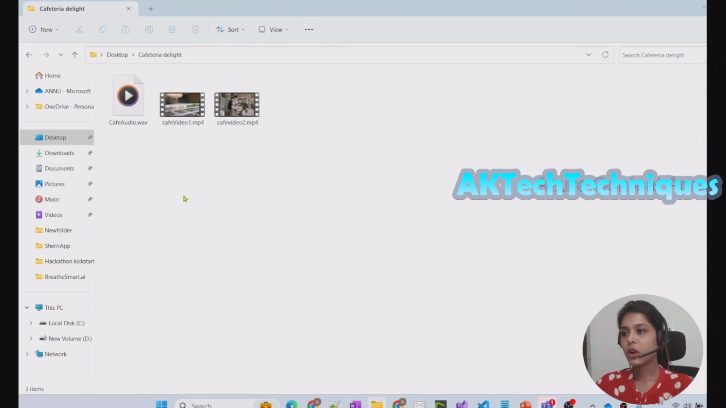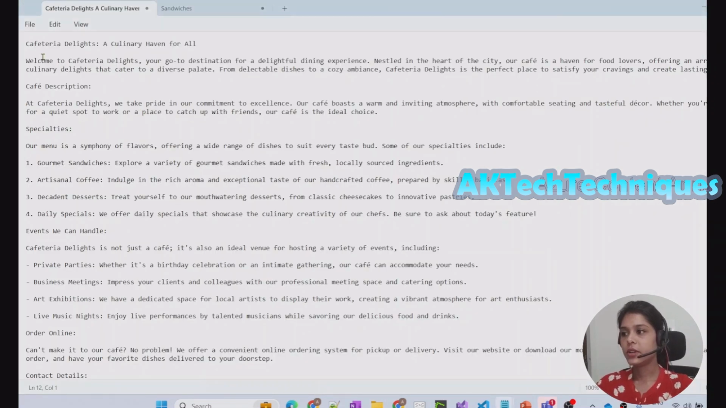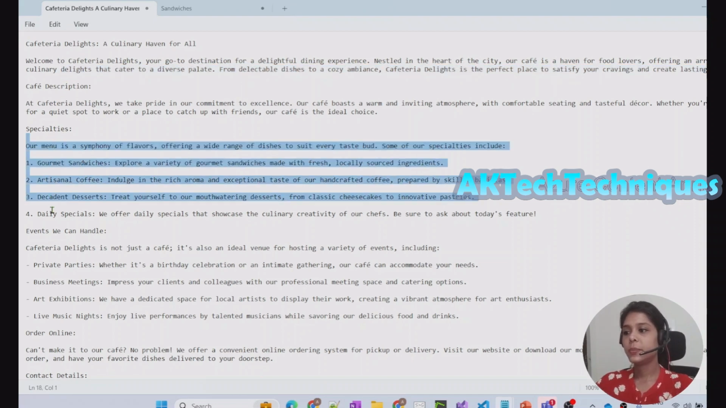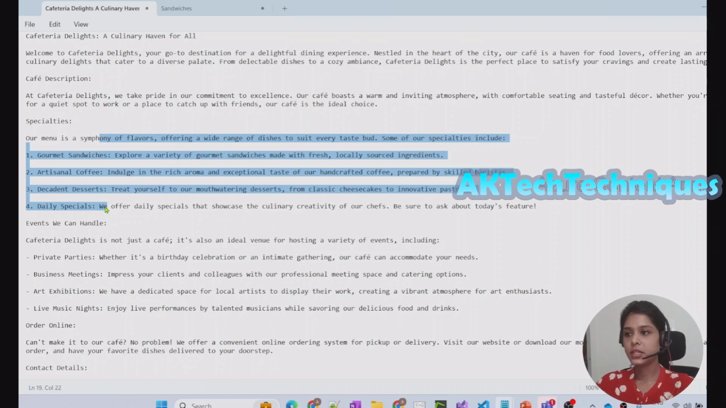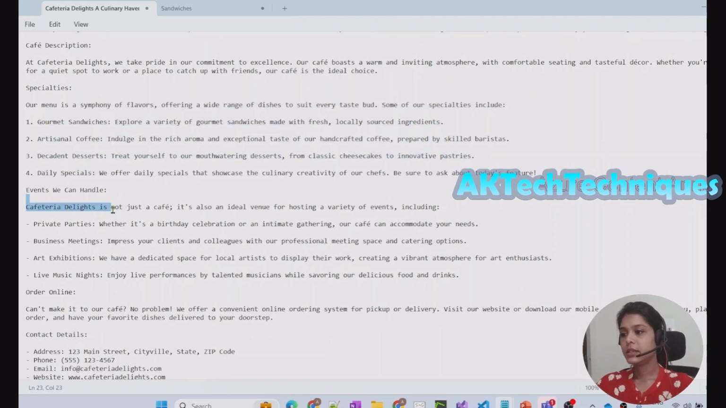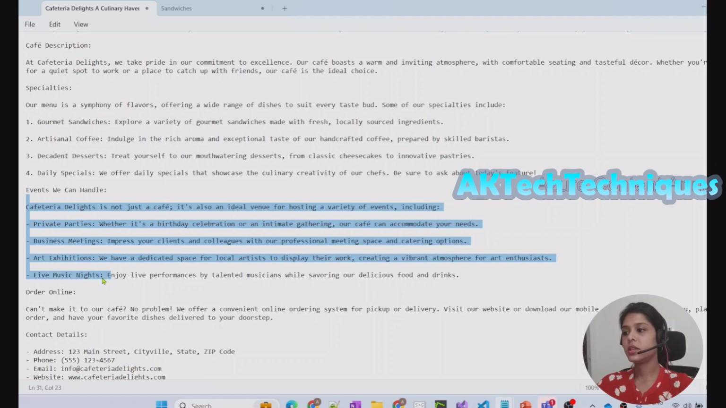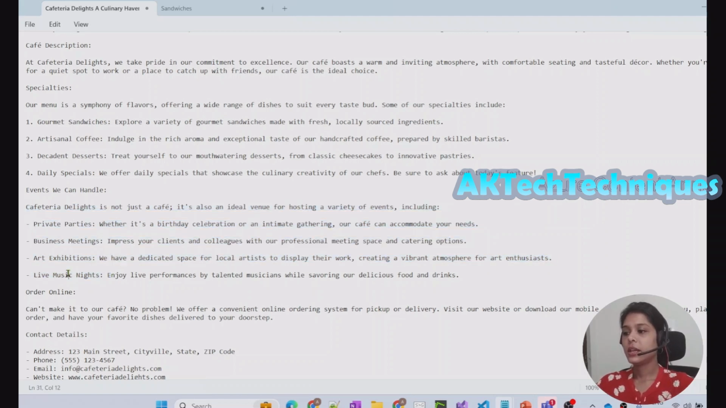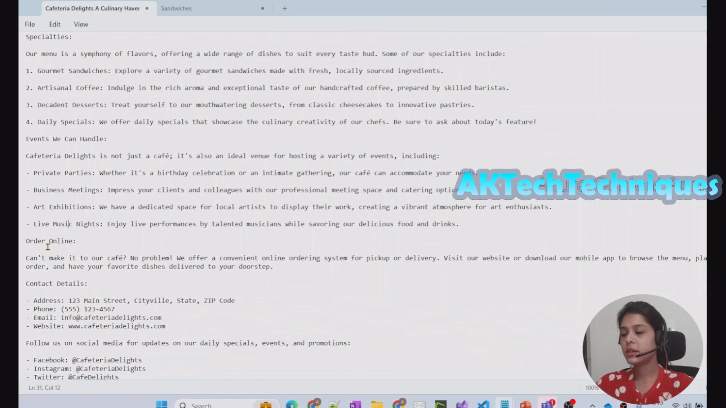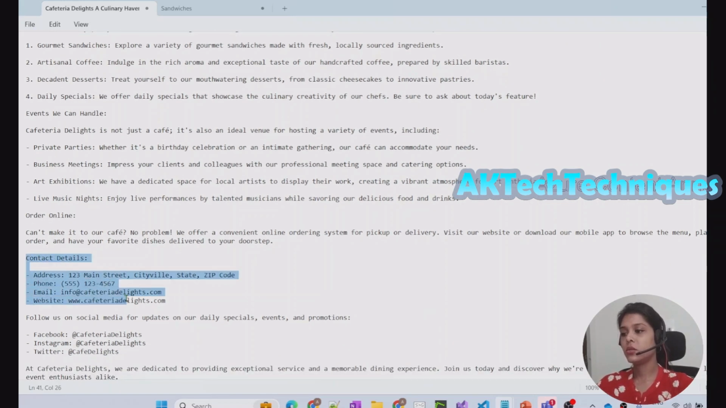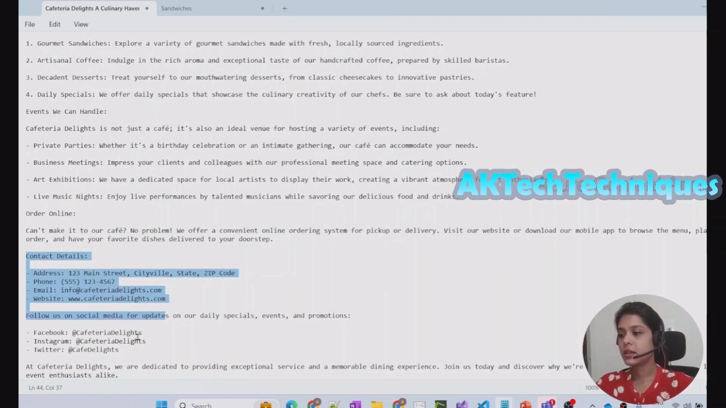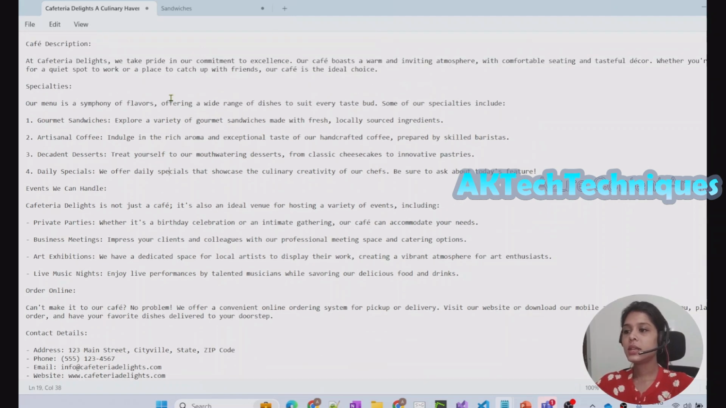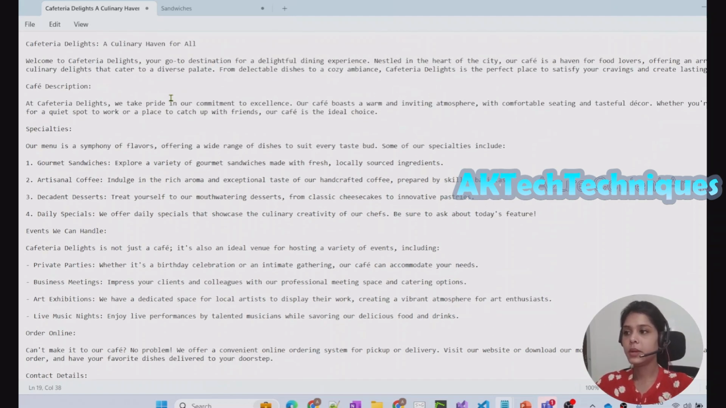I already have a write-up here for this Cafeteria Delight, which has all the specifications about the cafeteria and what its specialities are. These are the specialty dishes of this cafeteria, and then the events handled by the cafeteria, so they can support private parties and live music concerts. And if people want to order online, they can go to these contact details and directly contact them on Facebook, Instagram, and all the social websites. So all these things are there as a write-up in text format,